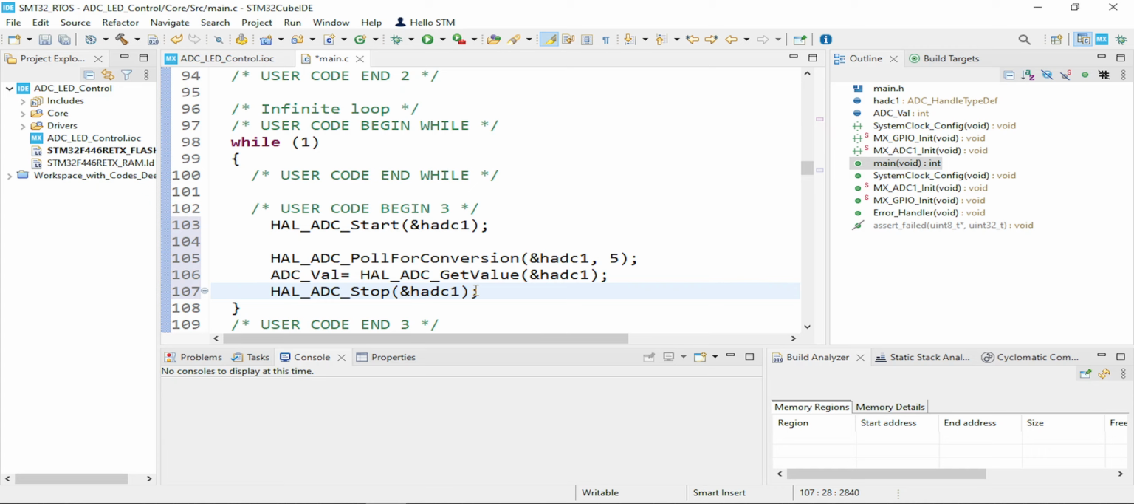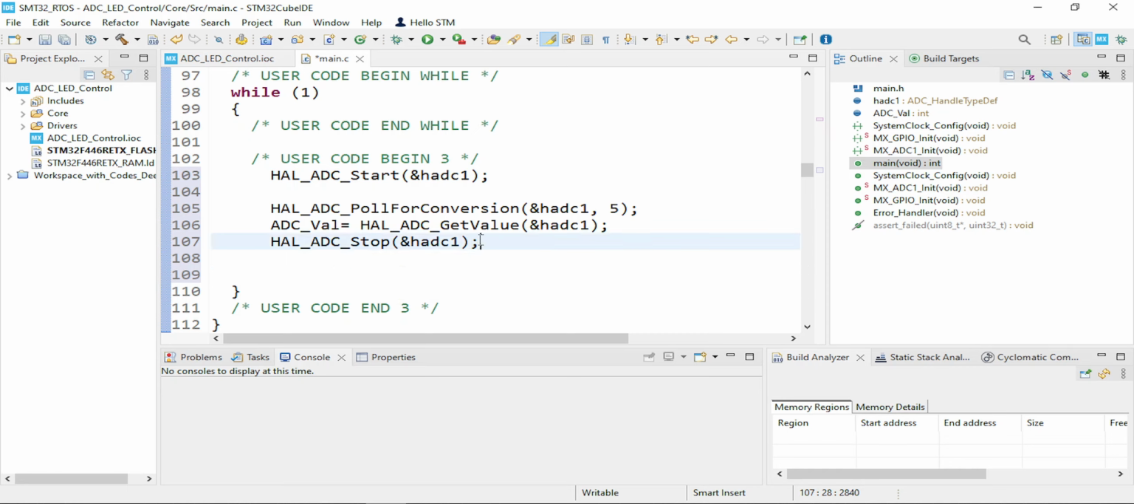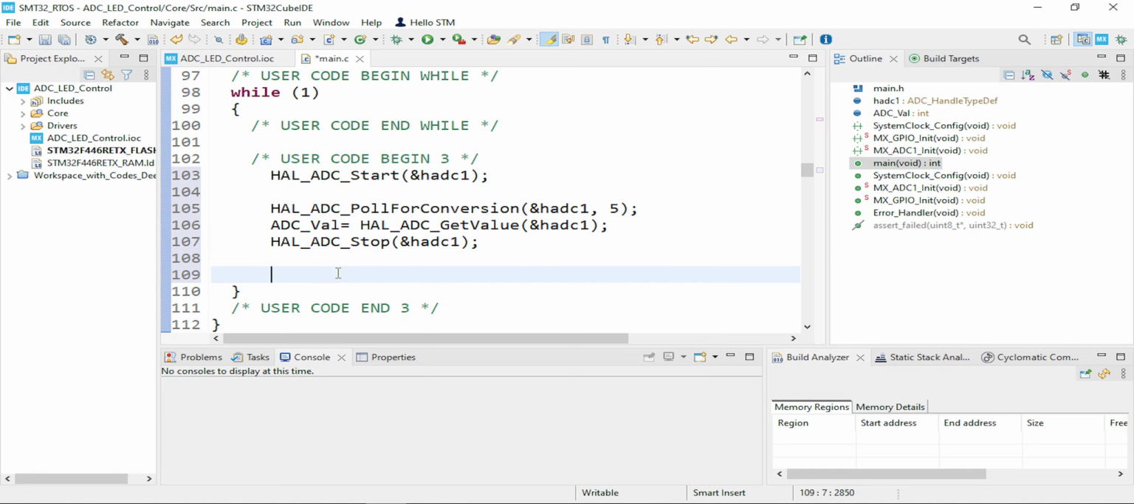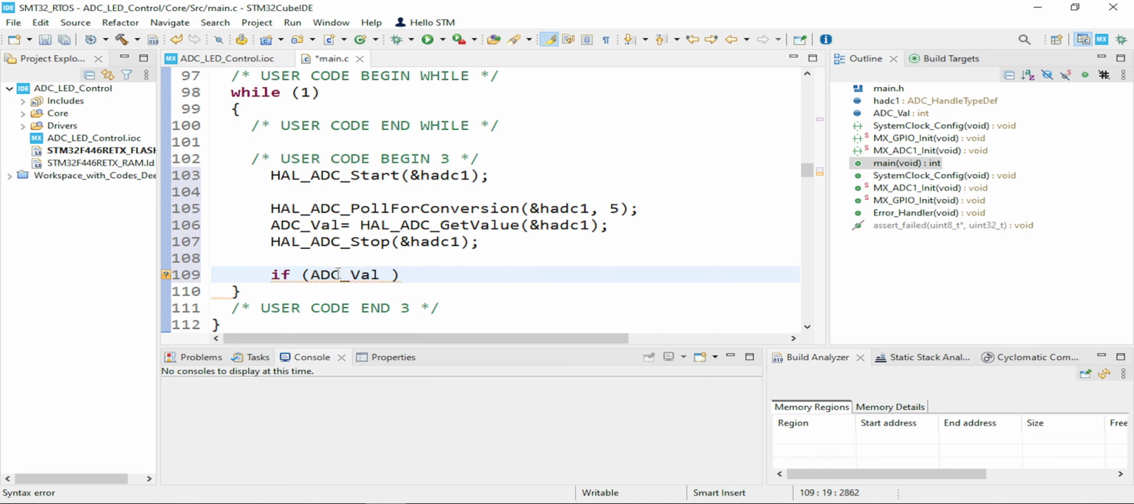So this is what we did in part 2. Up to this we completed the code in part 2. Now we have to put our algorithm in to control the LED. So we can use if ADC val is greater than or equal to